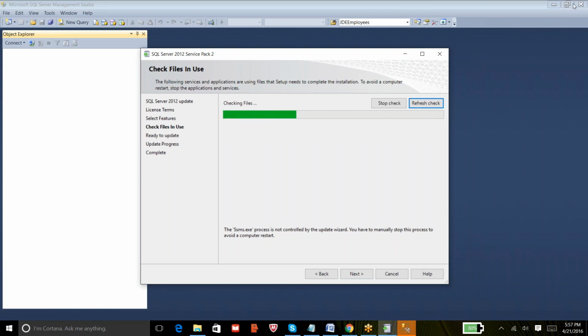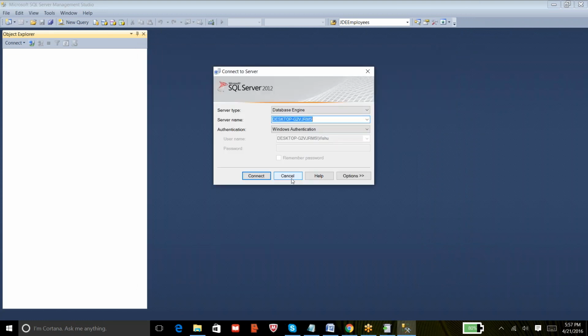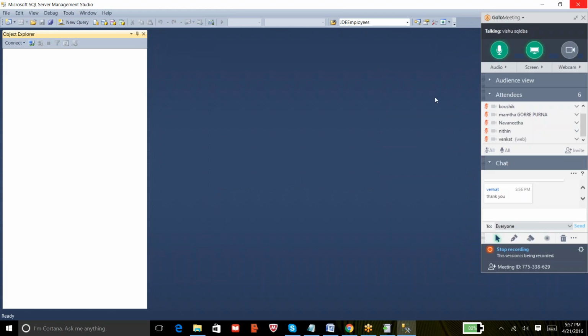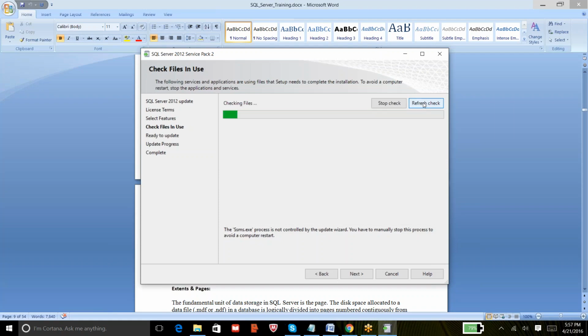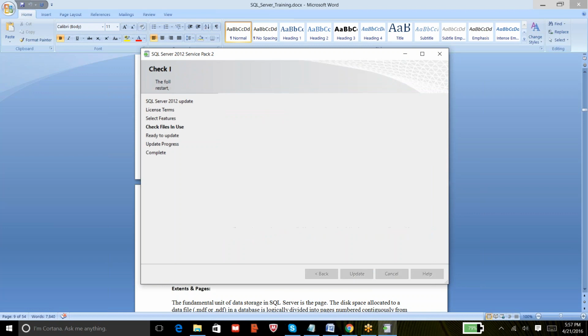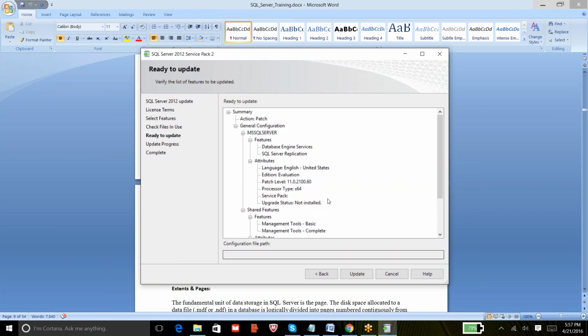Yeah, it's somewhere getting open. I'm not sure how it got open. So let me do a refresh again. Right. Now I don't have any other applications holding this service pack. So now I can go with Next, and you directly come to a summary.